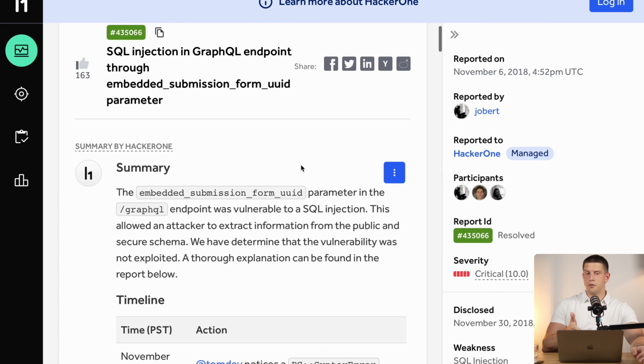So it might be an HTTP request to some backend service. It can just be that you send the GraphQL query to the server, and the server makes different REST API requests on the backend, because it's much quicker for the server than it would be for you to send, let's say, 10 REST API requests. Another case may be an SQL query, where the GraphQL query is transformed to an SQL query, and the data is then returned. So normal SQL injection is somewhat expected, but the one that was here in HackerOne was really interesting, because